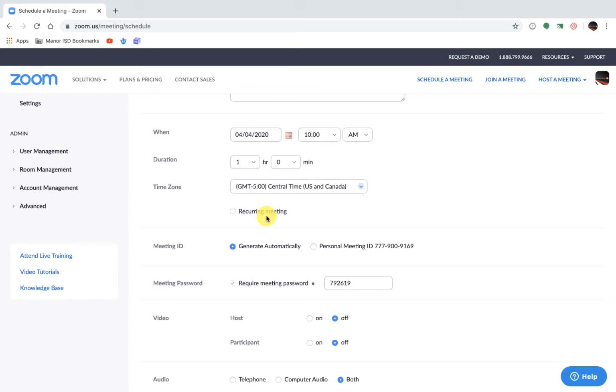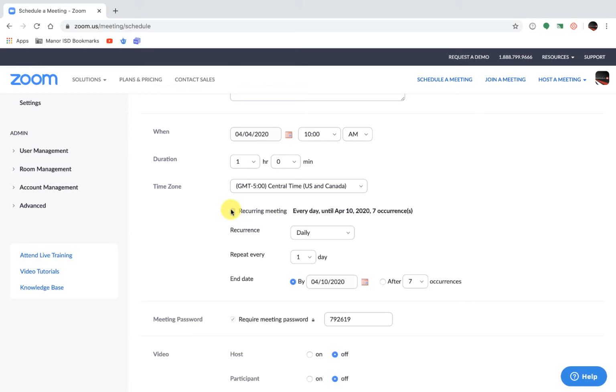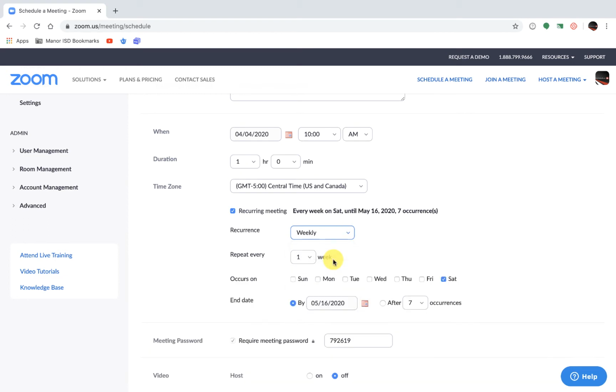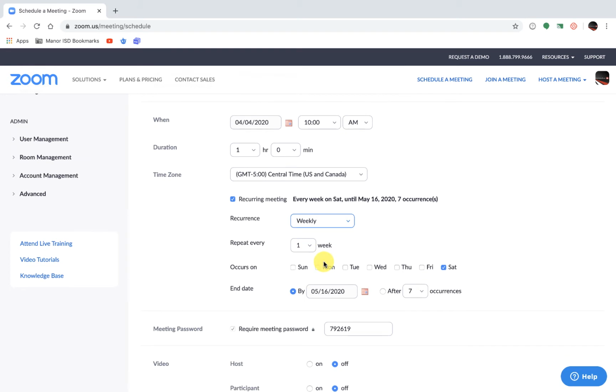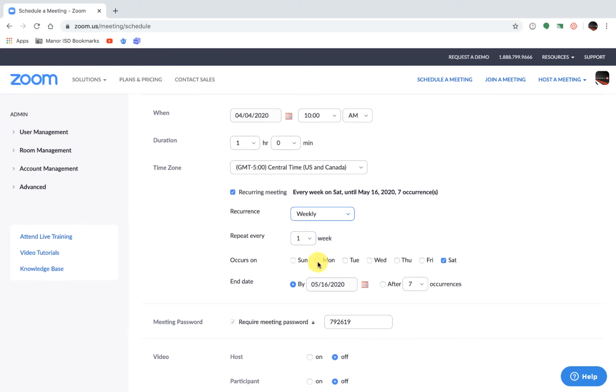And then if you want this to be a recurring meeting, this is something that's happening daily or every couple days or weekly or whatever you wanted. So we're going to go ahead and choose recurring meeting. And then by default, it has 7 occurrences. We could change that. So first off, let's look. We're going to repeat this weekly, once every week. And then I'm going to choose,